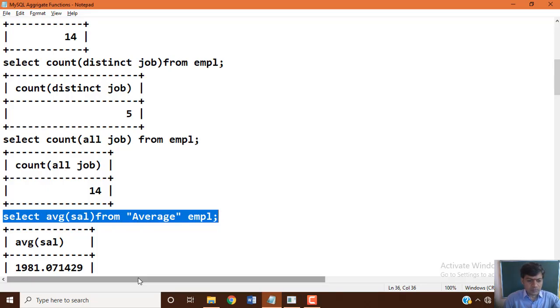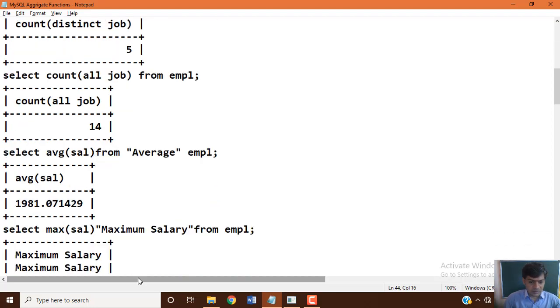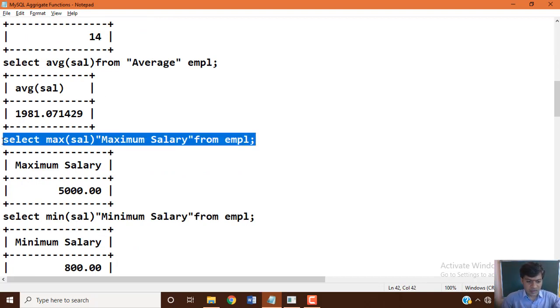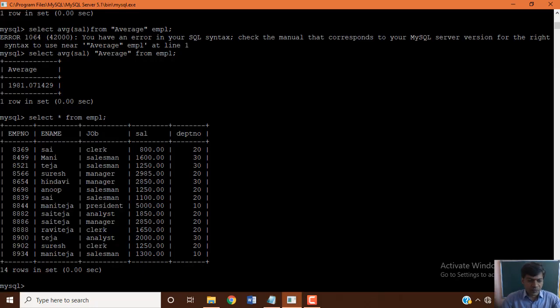Okay, now in the same manner, the AVG function gives you the average salary, whereas the max function gives you the maximum salary from employee.